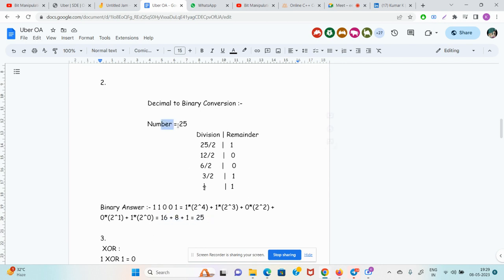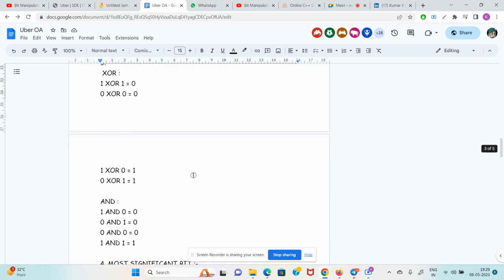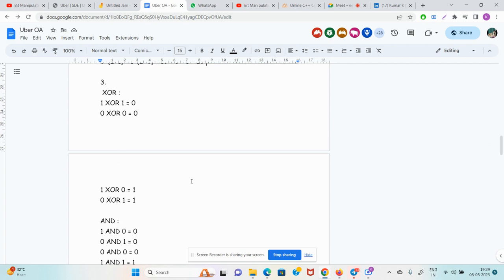So see guys, first I converted the decimal number to binary, then I converted the binary to decimal. So decimal to binary, binary to decimal should be pretty clear before going ahead. Okay guys, now apart from that, the other prerequisites are that you should know what is OR and